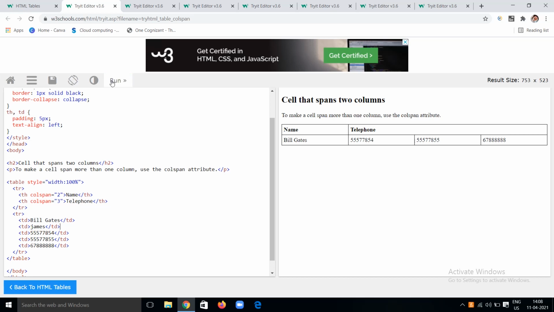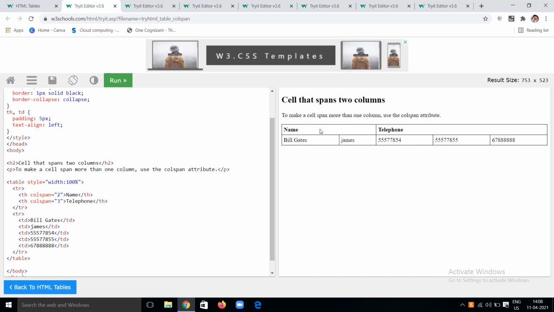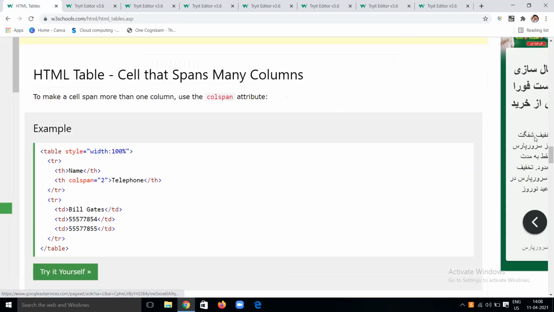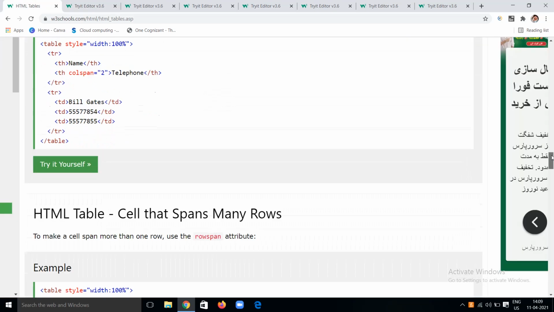Let's see how this example will look. You can see name will have 2 and phone numbers will have 3. Like this we can give the colspan to the headers, and any data we can give. Like this colspan works. I think you can get clarity on that.